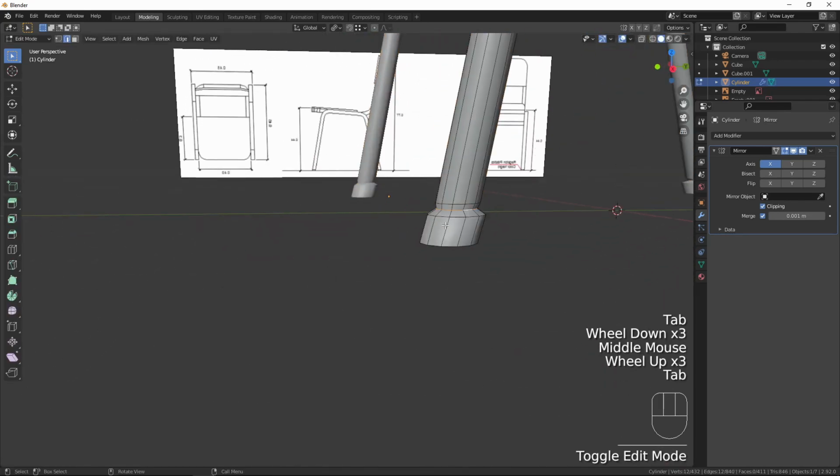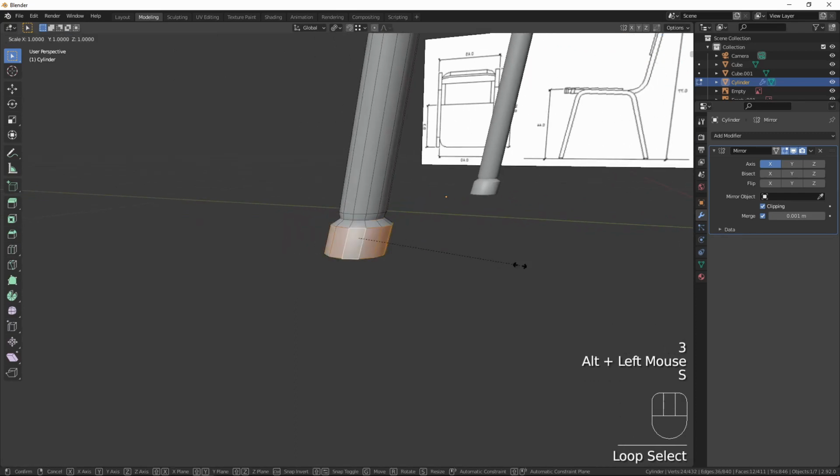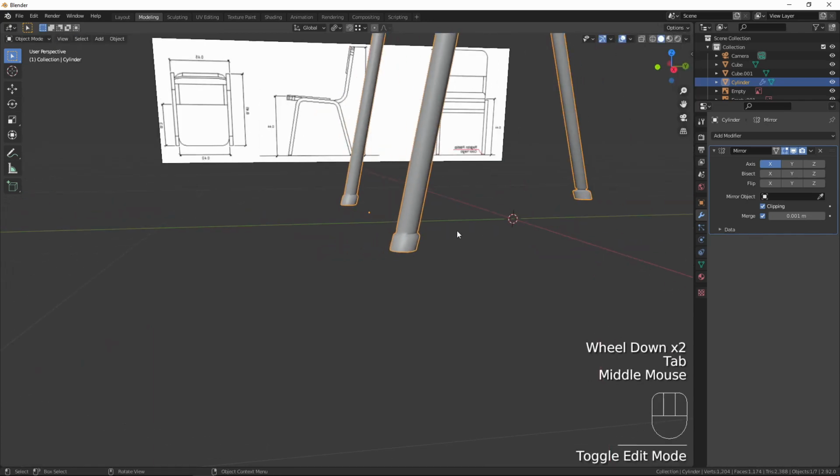That looks a bit better, and I think I made that a little bit fat, so let's select that, S and excluding the Z axis, just bring it in,